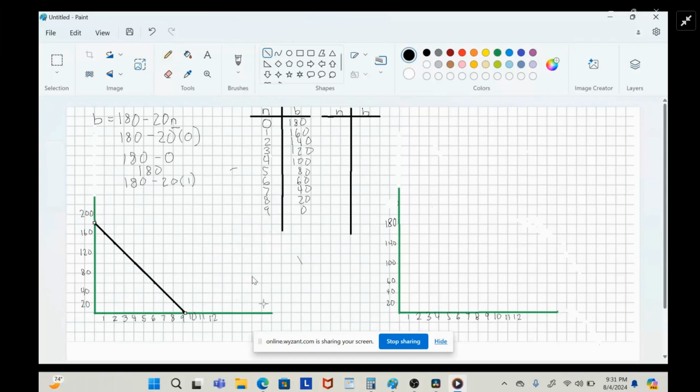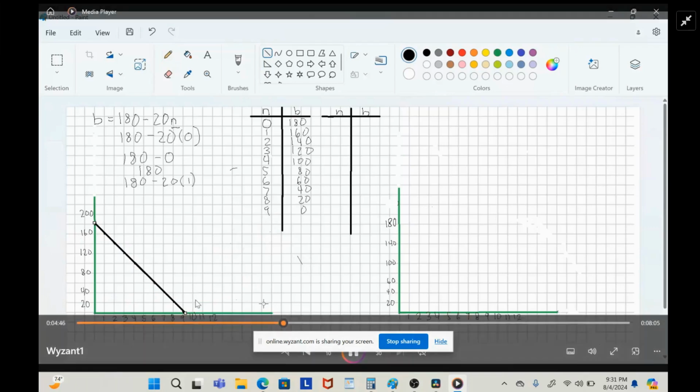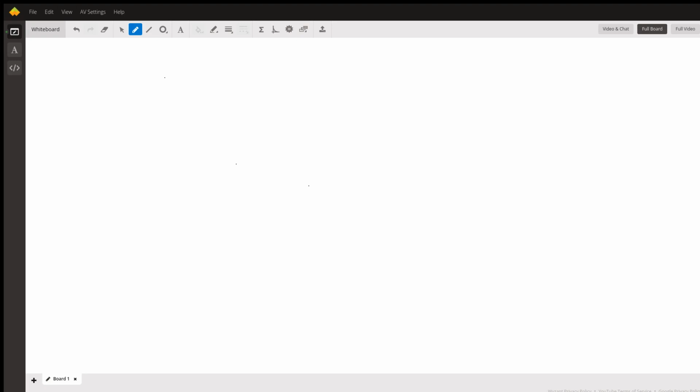So if N represents the weeks that went by, if we're at week 0, I haven't started paying my friend back. We can see also here when I get to week 9, the B values are at 0. That means I have fully paid my friend back. Okay? So we can make that statement about what the intercepts represent. The next question asks,